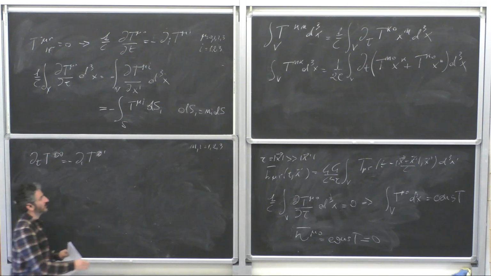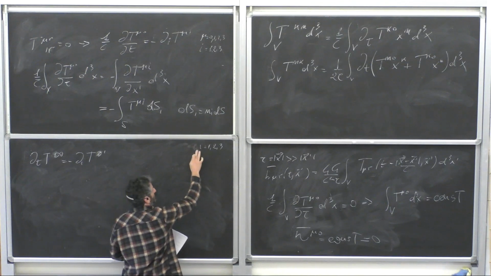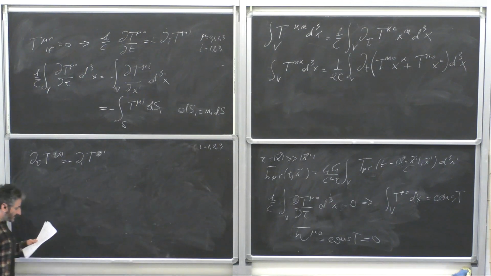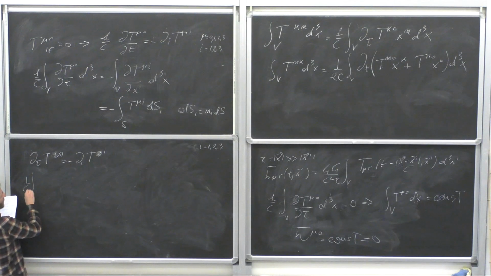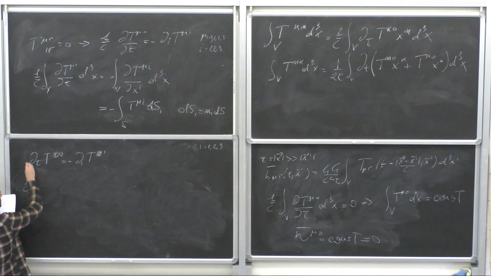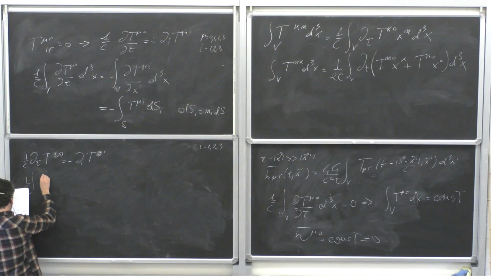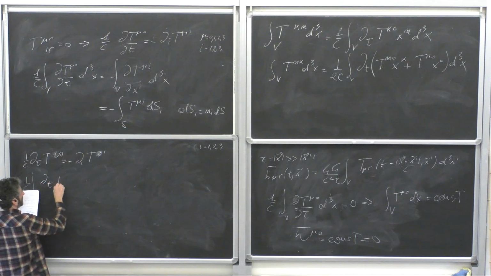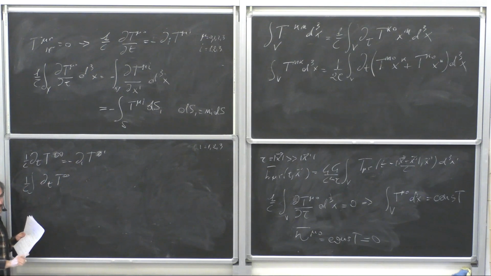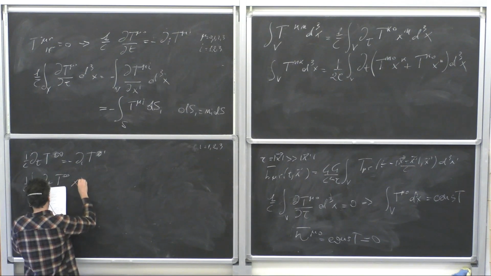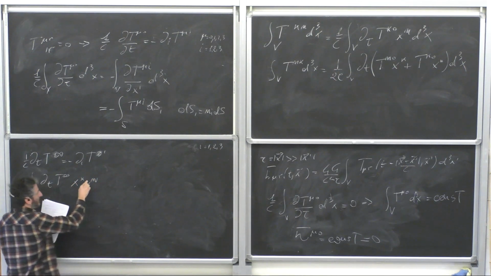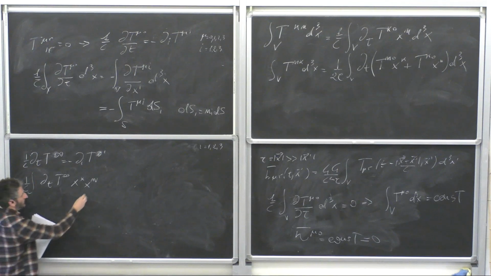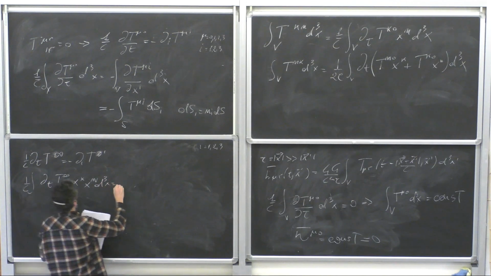The indices will still be 1, 2, 3, so we'll still run on spatial indices. And let me do exactly the same trick as before. So I'll integrate over the source term, with abuse of notation here. I'll get T^{00}, but I'll multiply on the left and right hand side by x^k x^n, and then I'll do this. And the same on the right hand side, minus